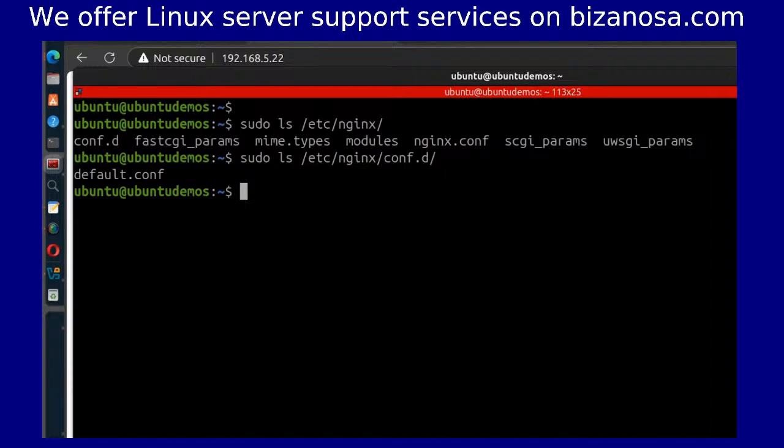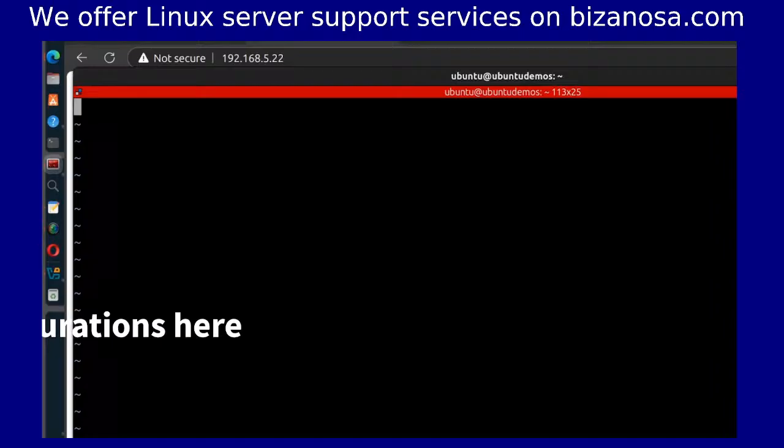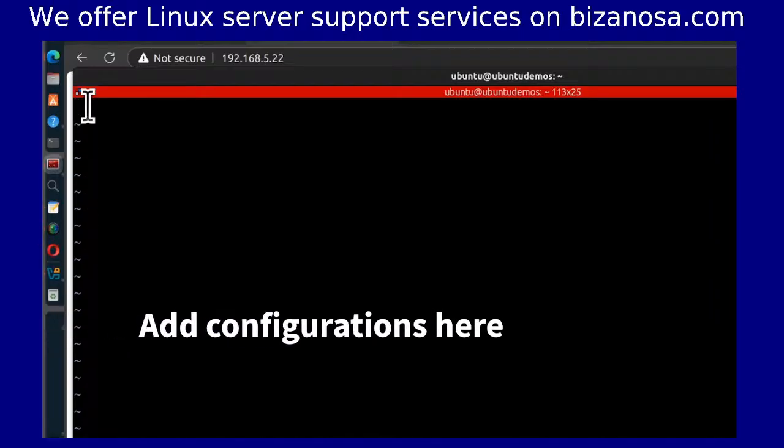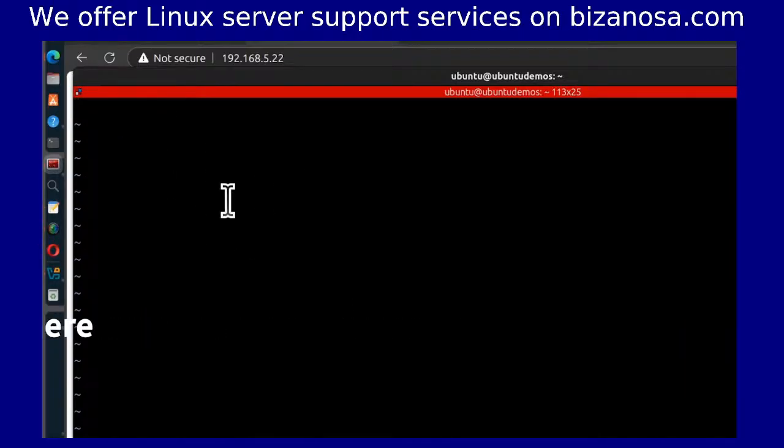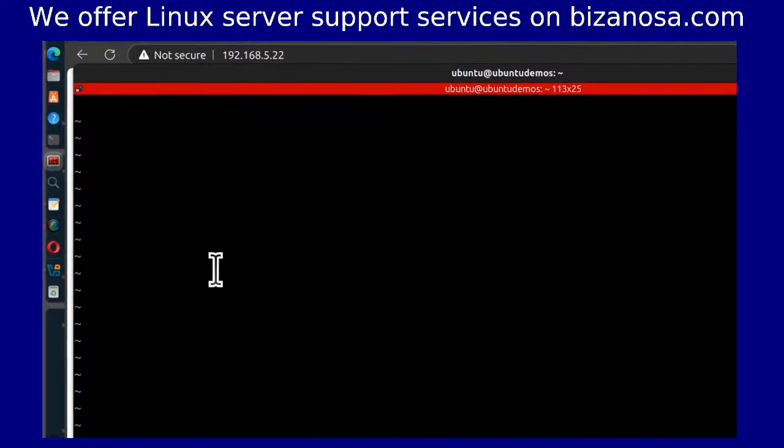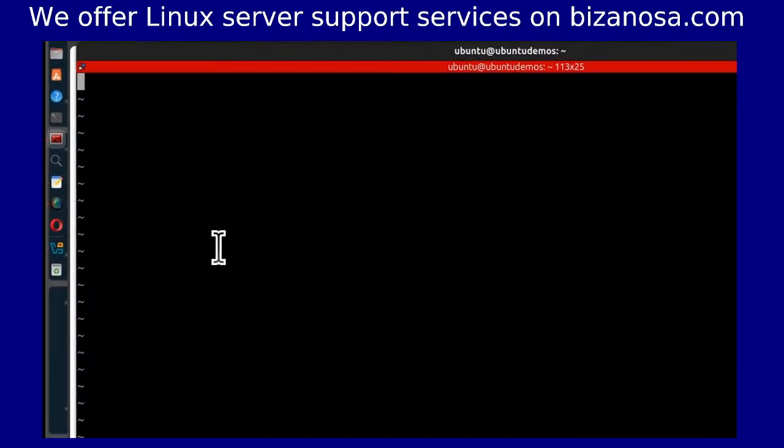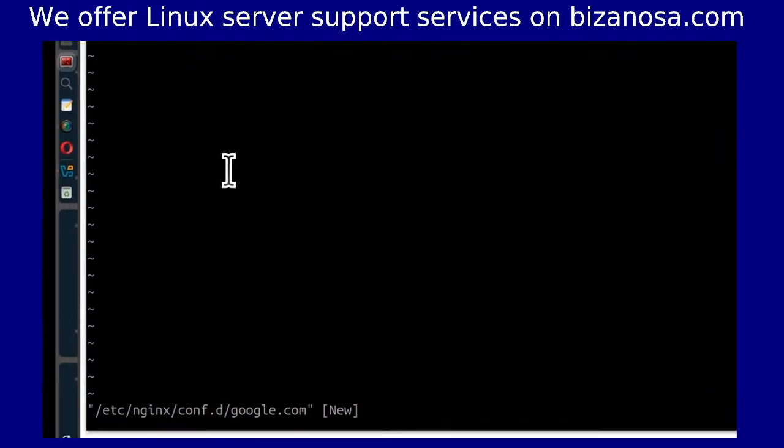So let's say you want to create a new website. You can just create the new website inside there. For example, sudo vi, create the file inside there, google.com. You can create the configuration like that, and then add your configuration inside here and save the file. I'm not going to go through this step. And then of course, once you do this, you reload Nginx. I'm going to close this by doing